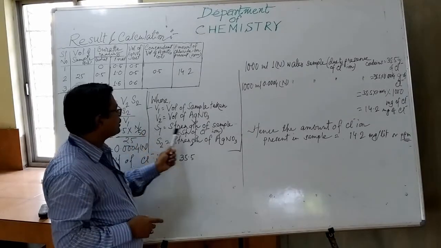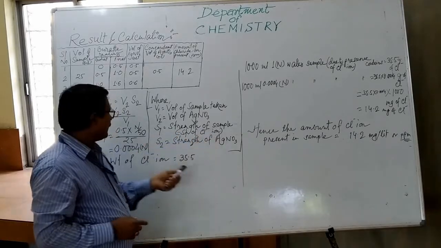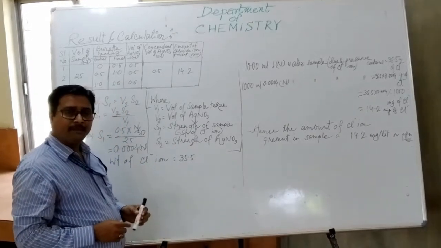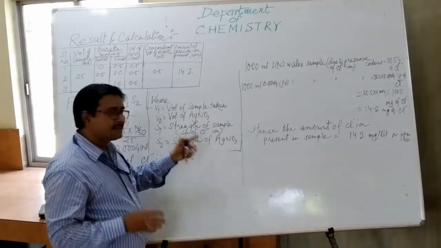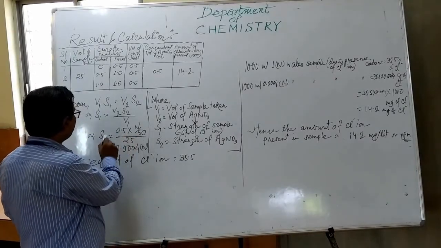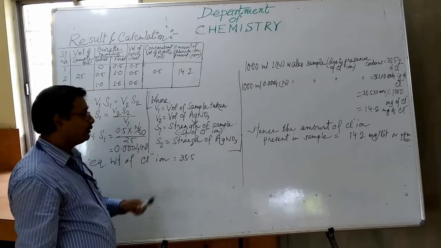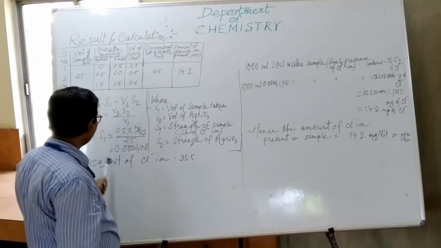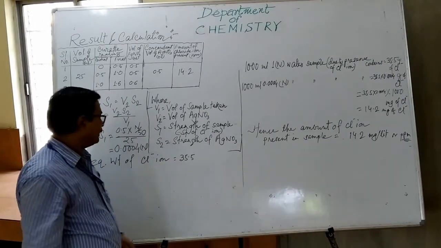Then S1 is the strength of the sample that you have to determine. And S2 is the strength of the silver nitrate solution, and we are taking N/50 or 1/50 normal silver nitrate for this experiment. Now you have to put that value, and after calculation, S1 is coming 0.0004 normal. If we take 0.5, as concordant. Understood? So this is the strength of chloride ion present in the sample.